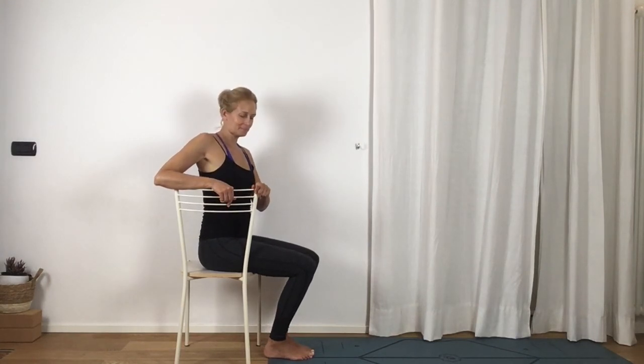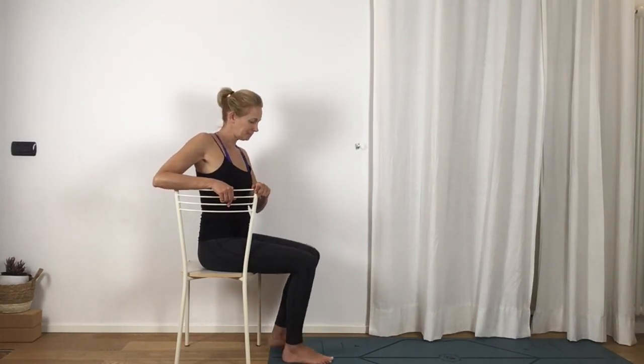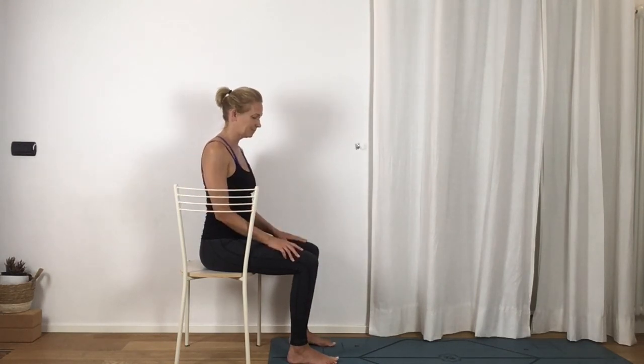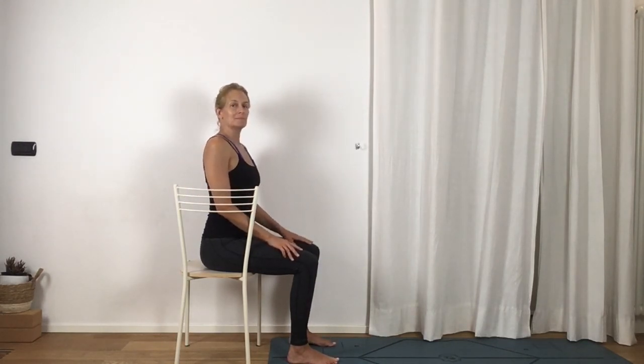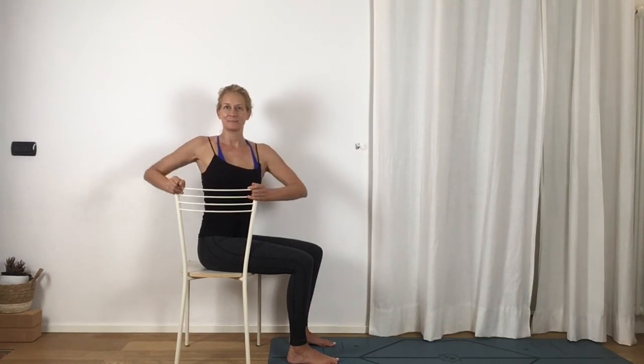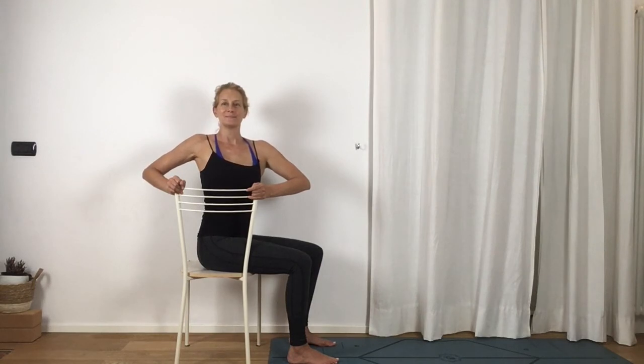Turn to the side of your chair. Feet are hips distance apart. Knees are right over your ankles. And inhale and lengthen your spine. Exhale and twist to face the back of your chair, putting both of your hands on the top of the back of the chair. Widen your elbows, and as you inhale, open your chest, increasing the space, opening your heart,